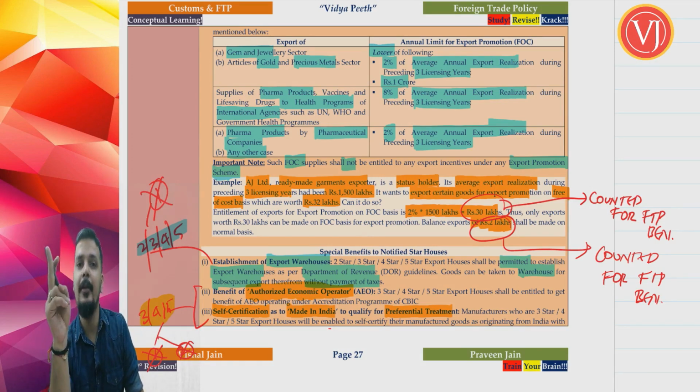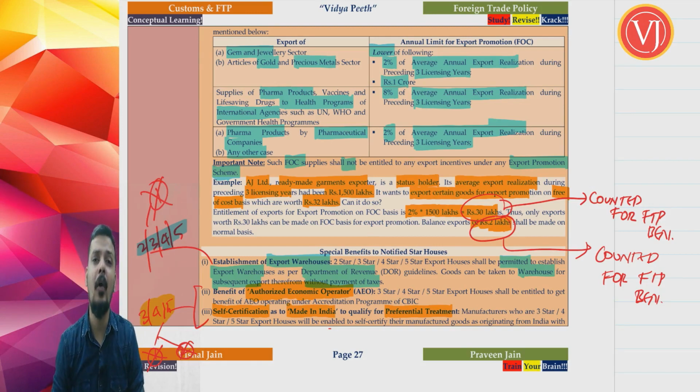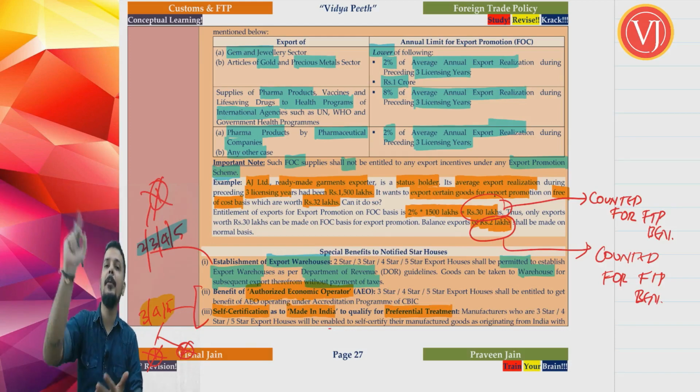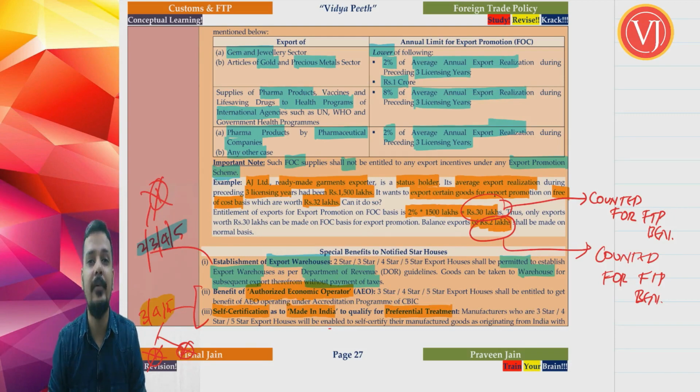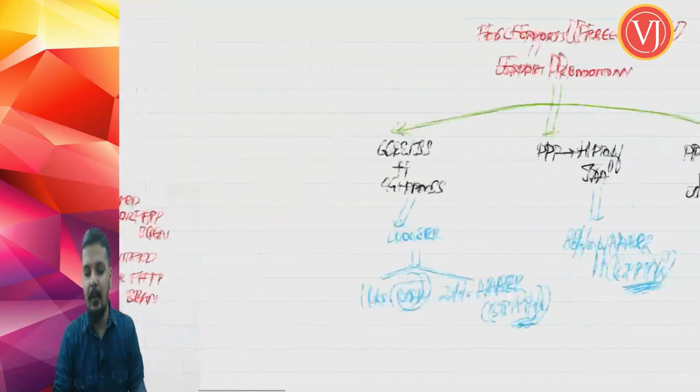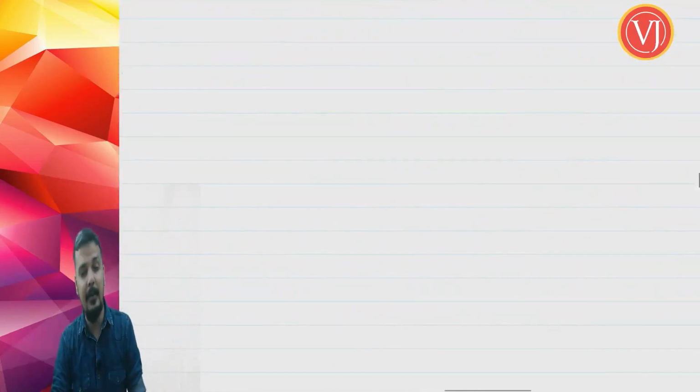Now, the USA importer has to give a certificate of origin, certificate of country of origin. Now that certificate of country of origin, if you are a star house category, 3 star, 4 star, 5 star category, you can give your own certification that this item is manufactured in India, and you can give this certificate to the importer of the other country, and the importer of the other country will give that certificate to their customs department to get the preferential treatment. Now friends, if you want to understand this category, the other benefits which are very important, repeatedly asked, right,